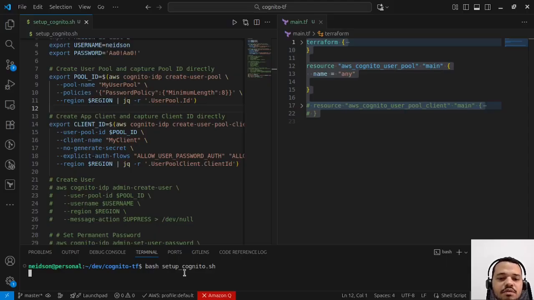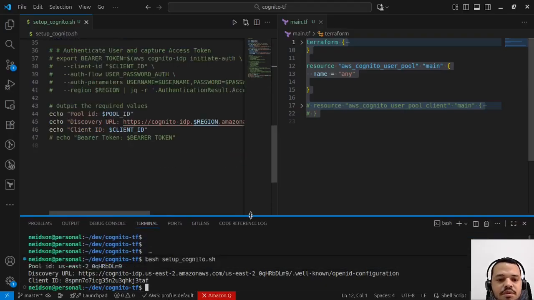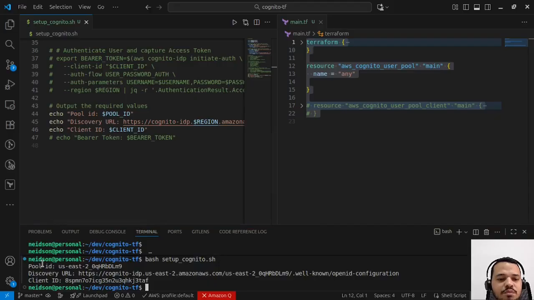Setup cognito.sh. Yeah, we got some data here. We have our pool ID, discover ID, client ID. And basically, we need to find our